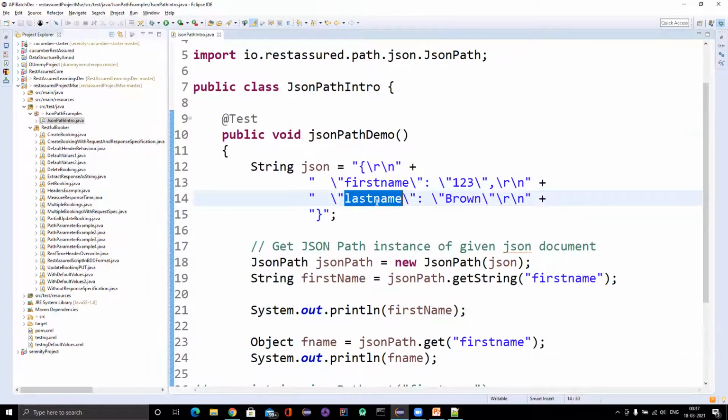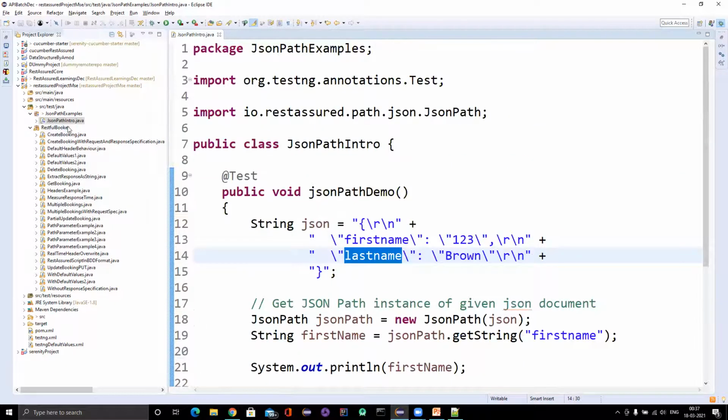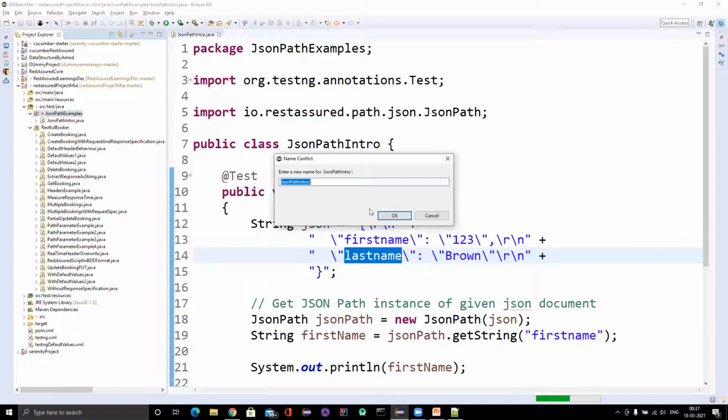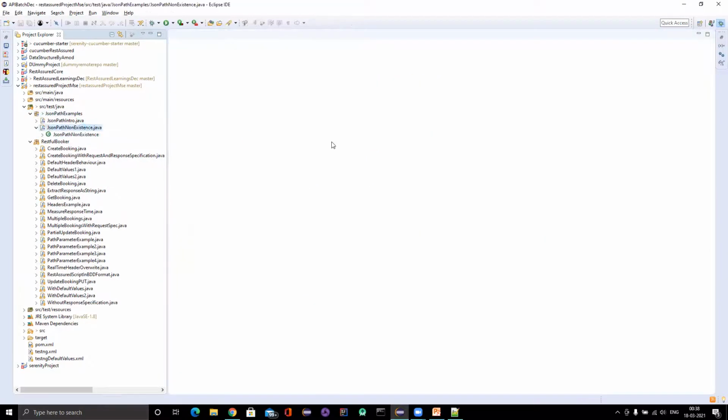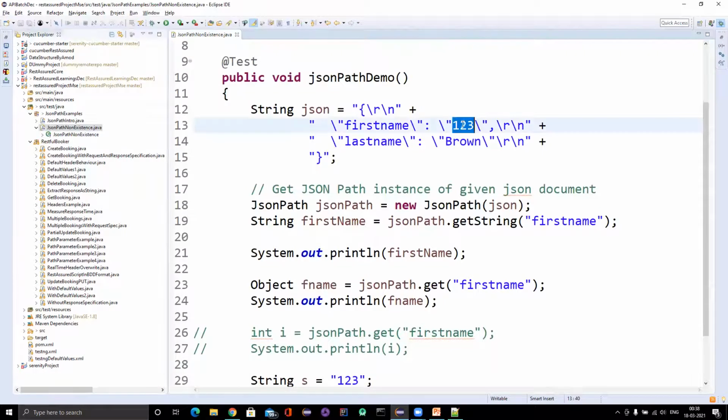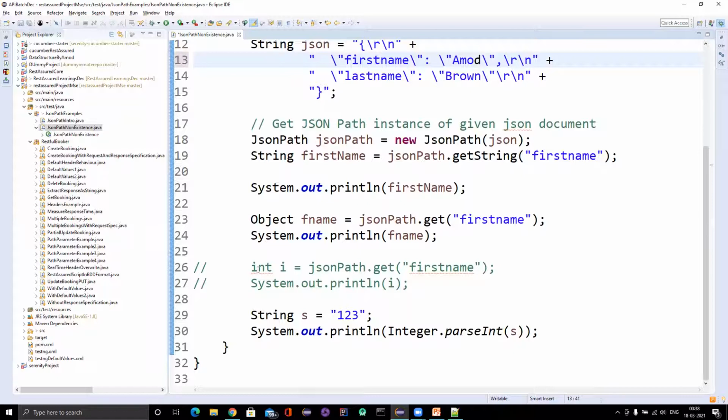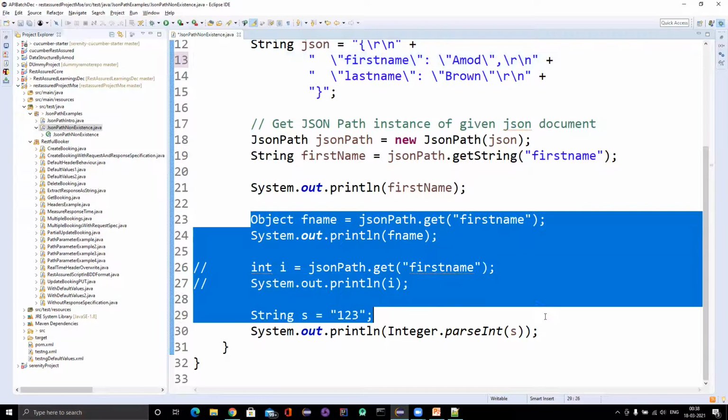So let me copy and create a new class, JSON path non-existence. Here we have a value, so let me put the correct value, and let me remove all these parts because we don't need them for this class.